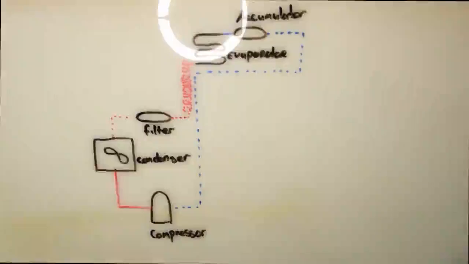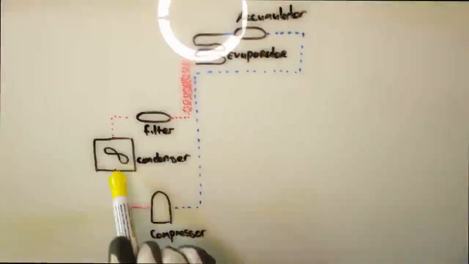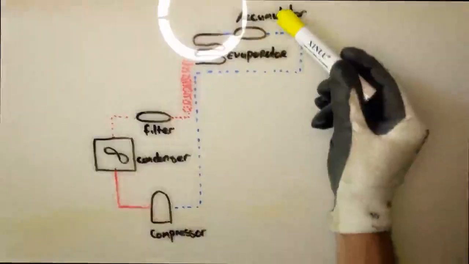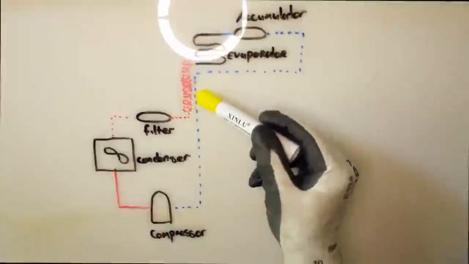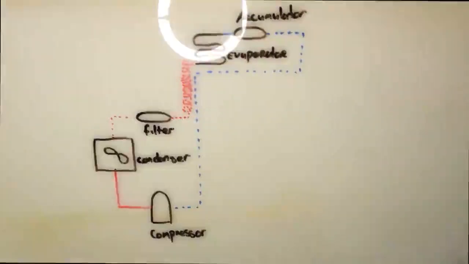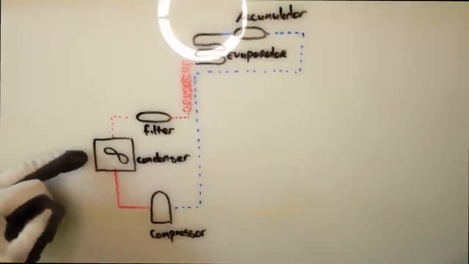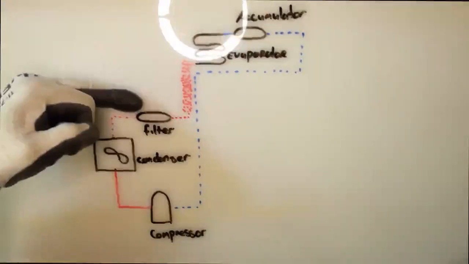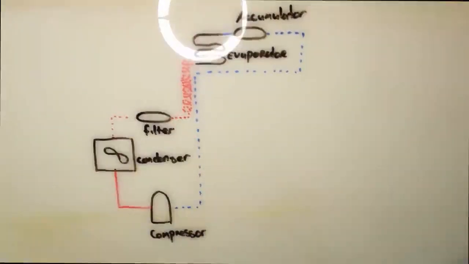Back to our drawing board, I'm going to explain how the mini bar fridge works. We've got a compressor, condenser, our filter, our capillary tube, our evaporator, our accumulator, and our suction return line. And here is where we have our heat exchange, where the capillary tube is wrapped around the suction line. The compressor's purpose is to compress the refrigerant to the condenser where it's going to be cooled. This specific one has a little fan, runs to my filter dryer, and that's going to remove moisture and any